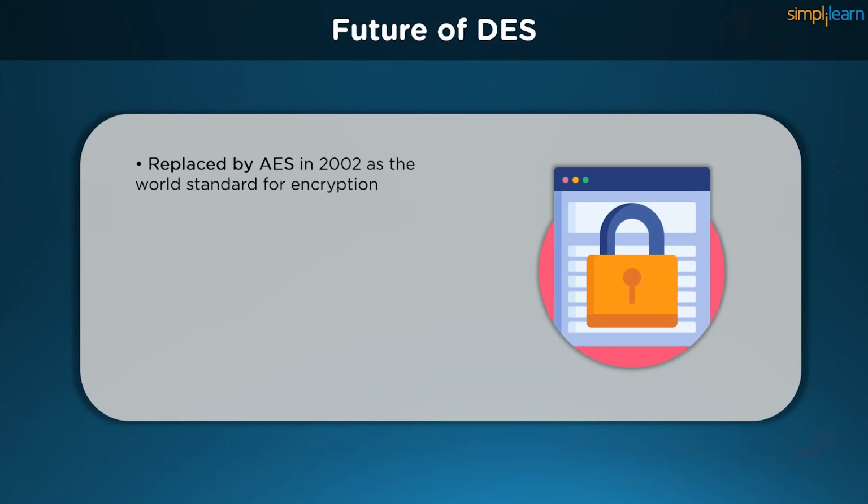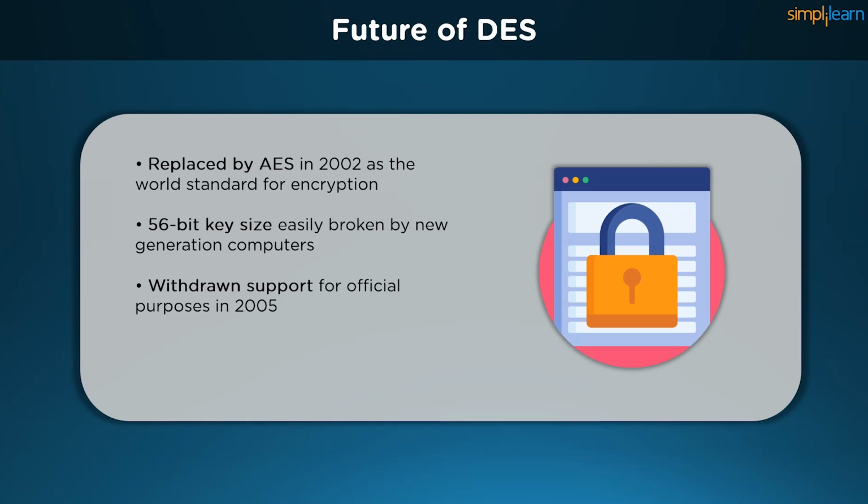The dominance of DES ended in 2002 when the Advanced Encryption Standard replaced the DES encryption algorithm as the accepted standard. It was done following a public competition to find a replacement. NIST officially withdrew the global acceptance standard in May 2005, although triple DES is approved for some sensitive government information through 2030. NIST also had to change the DES algorithm because its key length was too short, given the increased processing power of the new computers.